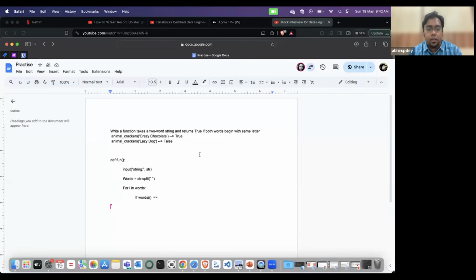You have to use indexing in this string, and I don't think you need a loop for this. Index means, like, index zero, right? Is equal to